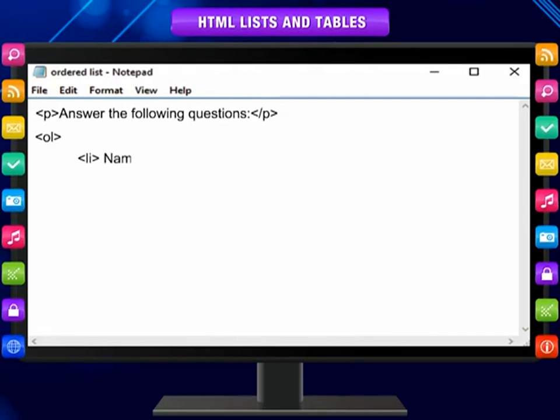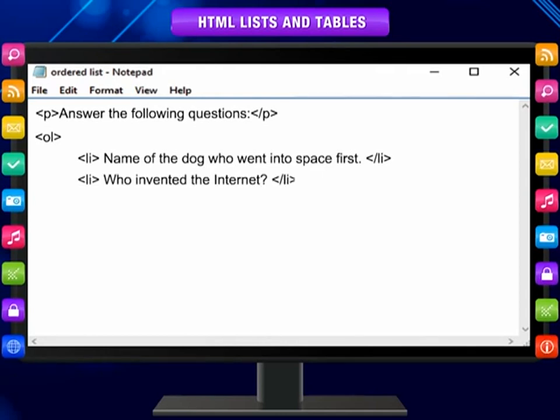OL. LI. Name of the dog who went into space first. /LI. LI. Who invented the internet. /LI. LI. What is the rhino's horn made of? /LI /OL. This will display in the browser as